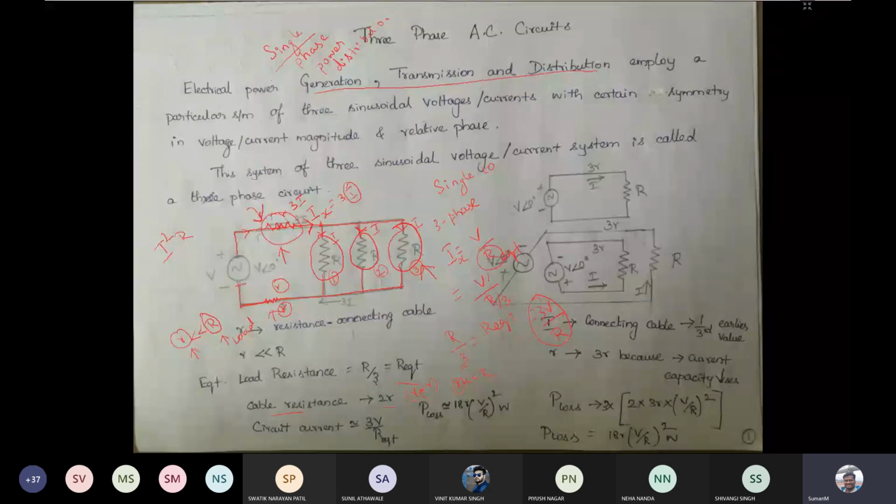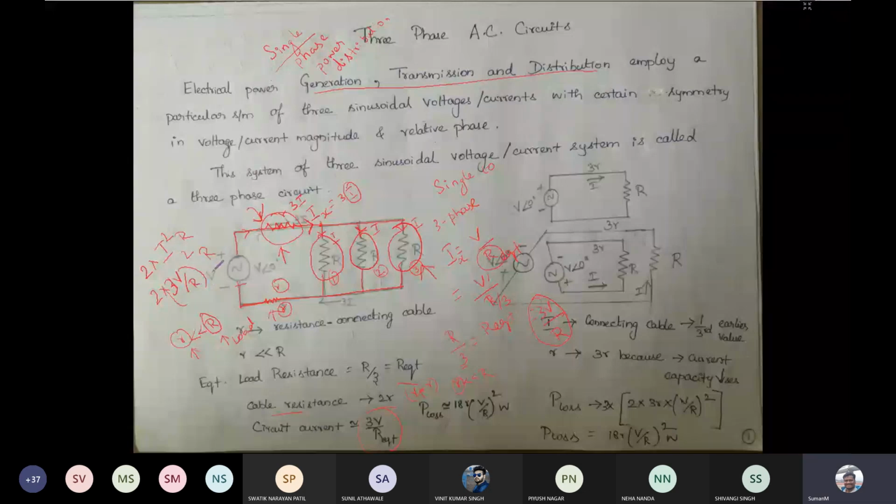So for the power dissipated in the top cable and bottom cable, we just consider the loss across one cable and multiply by 2. This cable has a resistance, and that resistance into I square will give the power dissipation. We have found the current. What is the current flowing through that path? The current flowing through that path is 3V divided by R equivalent. If you substitute that here, we get 3V divided by R, the whole square, into R, right?